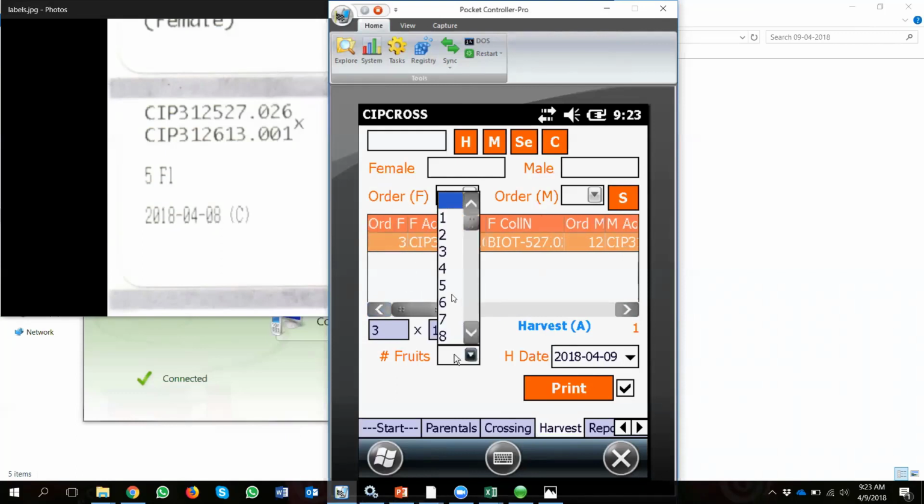We enter the number of fruits. Again, on average, we have found that there are 5 fruits. If you pollinate 5 flowers, probably you find 5 berries or less than that. So let's put 5 fruits, the harvest date, and again we click print,